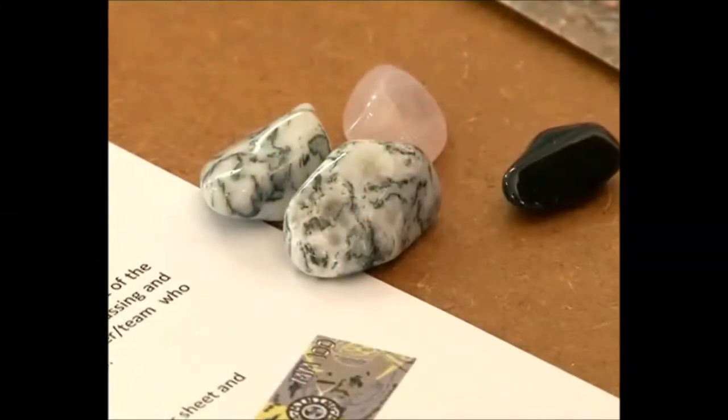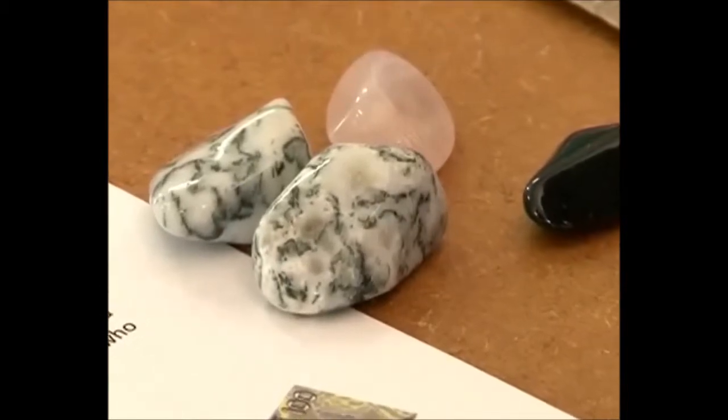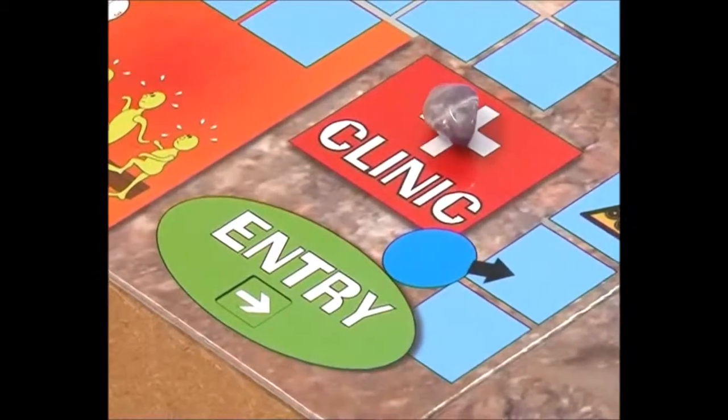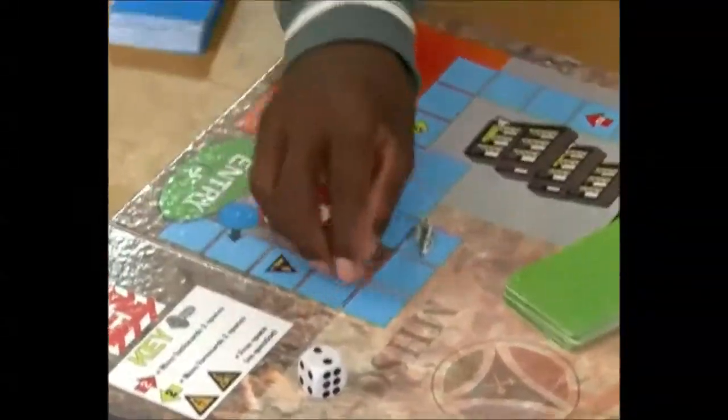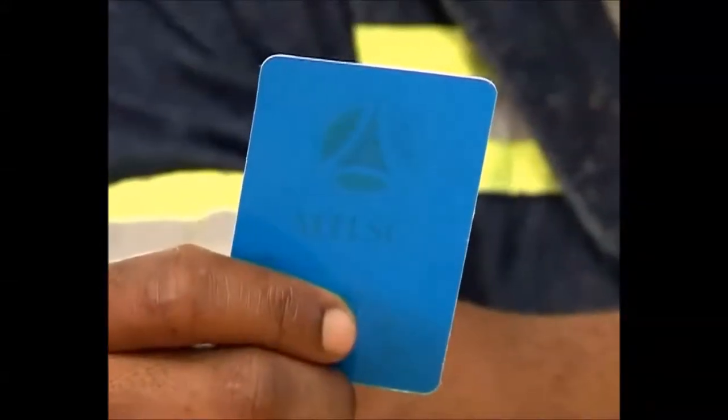To start the game, each player or team chooses a playing stone or counterpiece and places it on entry and throws the dice. The highest one goes first. The number on the dice is the number of squares moved along the path. Depending on the color of the square, the corresponding color card is taken from the top of the pile and